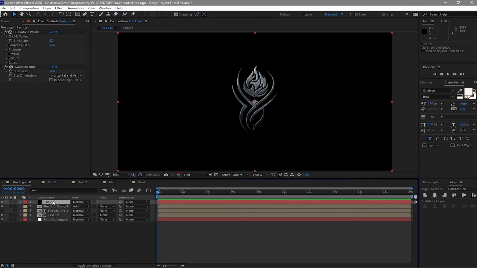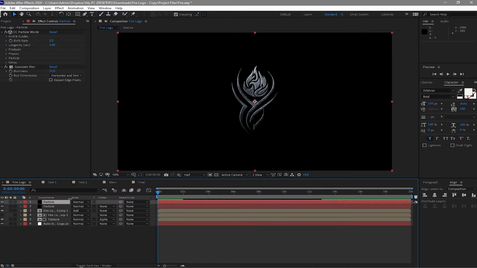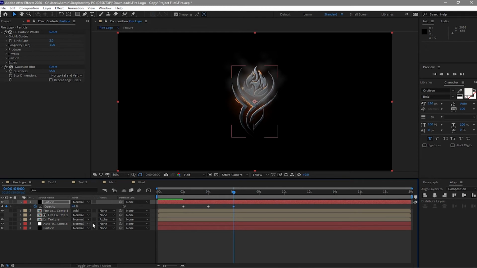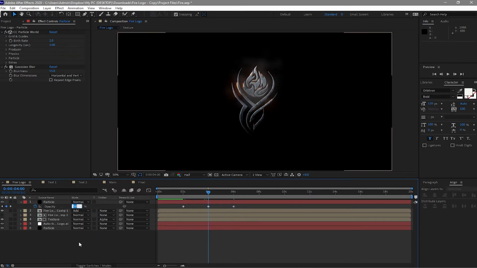I will duplicate the particle, Control D to duplicate it and then put the other one at the bottom. Press T for opacity, the top one, and then change the opacity, instead of 80, just put it at 50%. And change the other keyframe to probably 30%. So now as we play this one,